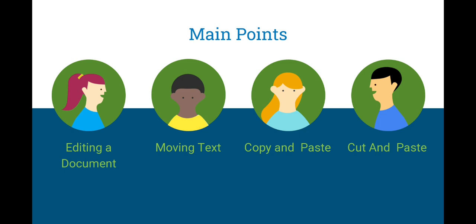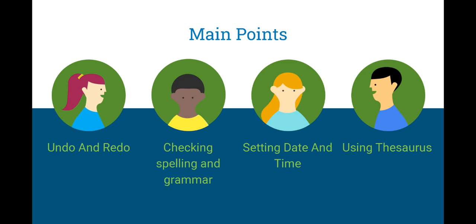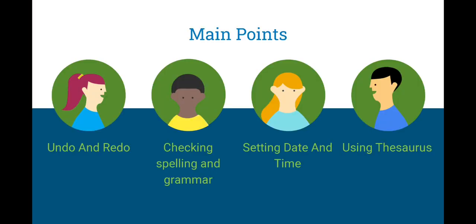Next topic is cut and paste operations. The cut operation will cut the contents from its original place and move the contents from the original location to a new desired location. We have also studied the undo and the redo options. The undo feature is used to undo the previous actions, and the repeat or redo feature is used to repeat the previous action. Checking spellings and grammar. Microsoft Word provides a decent spelling and grammar checker which enables you to search for grammar mistakes in your documents.